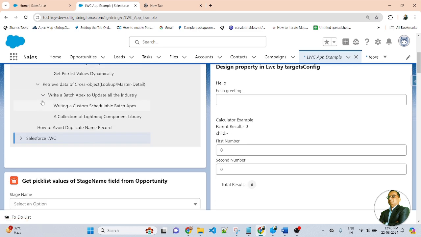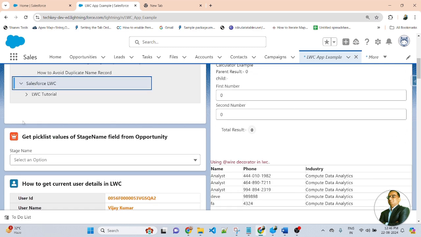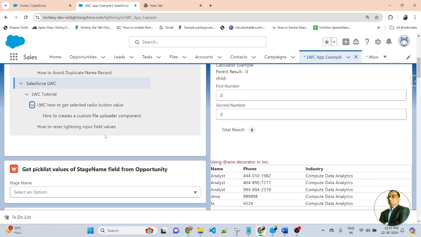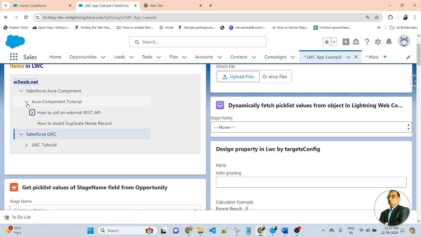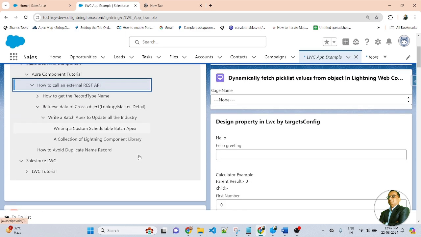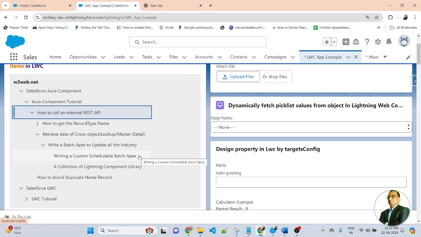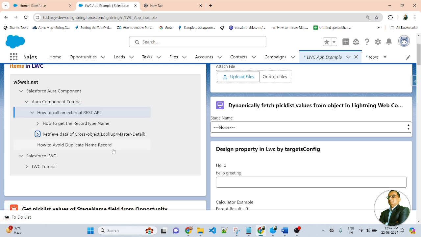So here you can see I display a multi-level menu with sub menu, and this is another menu bar. Once I click on the arrow button, it will expand. So friends, here you can see I created a multi-level menu with sub menu in an LWC component. That is called a nested vertical menu in LWC. I created it using the lightning tree element with nested sub menu in an LWC component.